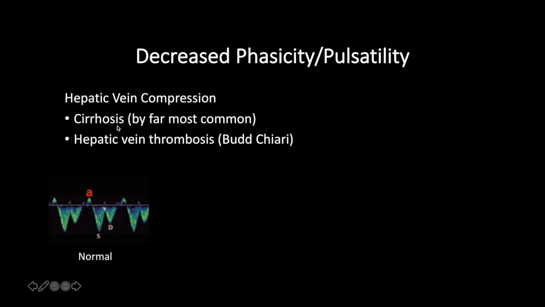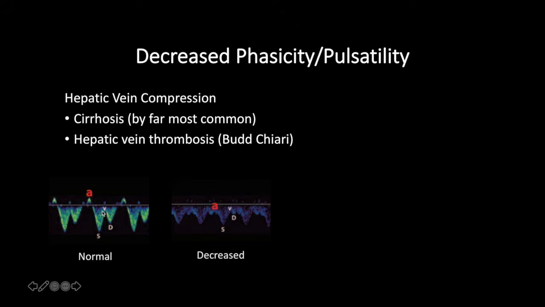Okay, you can see it in other things like hepatic vein thrombosis or Budd-Chiari, but if you remember one thing, decreased pulsatility, by far most commonly you're going to see in cirrhosis. And let's look at what that might look like. So again, here we have the normal waveform, a broader A wave, systolic filling, the V wave here, and then the diastolic filling antegrade. If we have decreased pulsatility here, you'll notice that again, we still have our A wave,